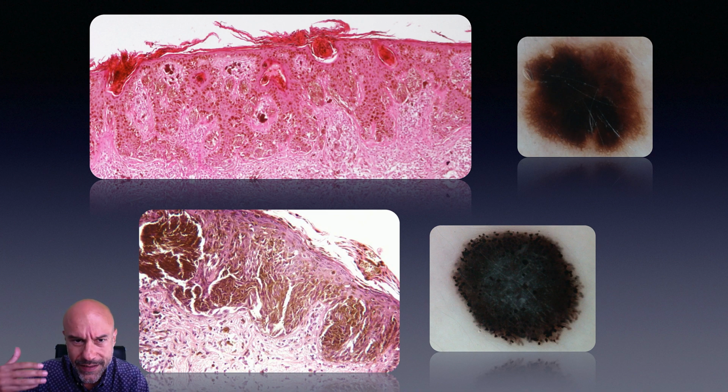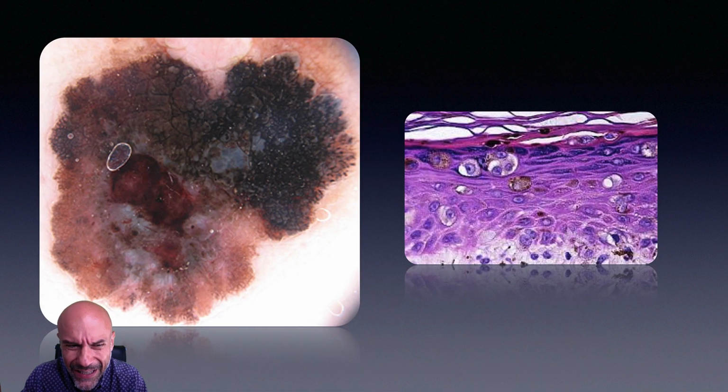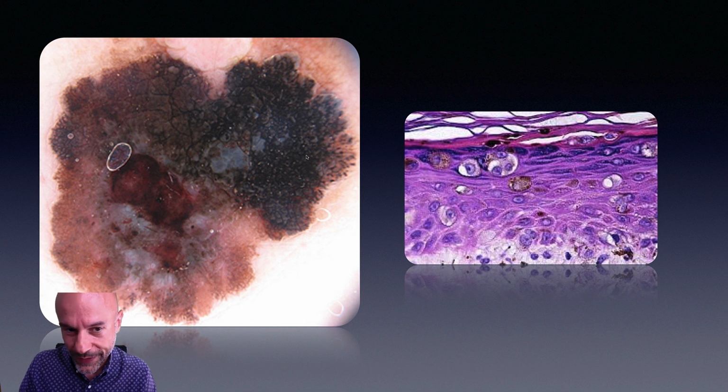Here is the correspondence: large amounts of melanin, very, very superficially located. And of course, black blotch, black structureless, can also be seen in melanoma, obviously, again corresponding to the presence of melanin in the epidermis. This is a biologic phenomenon that typifies melanoma, the pagetoid spread, the upward migration of melanocytes